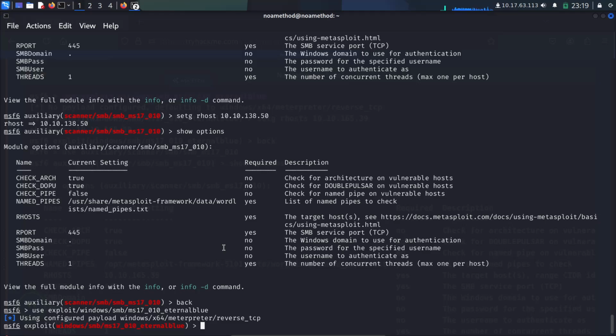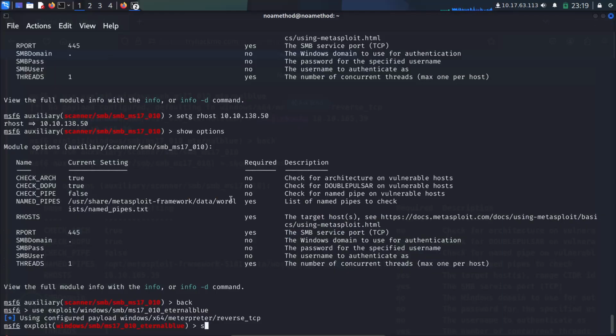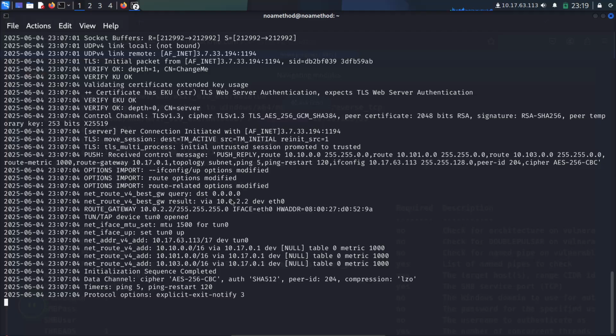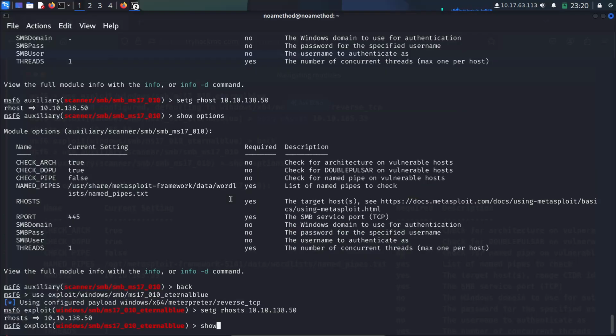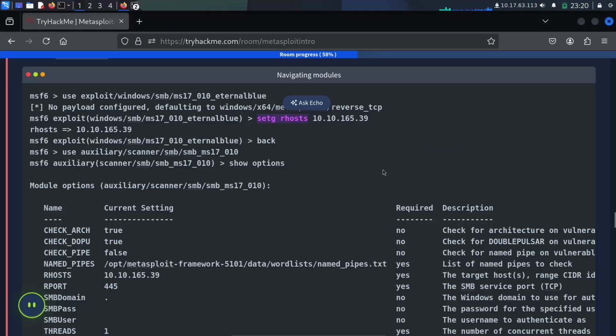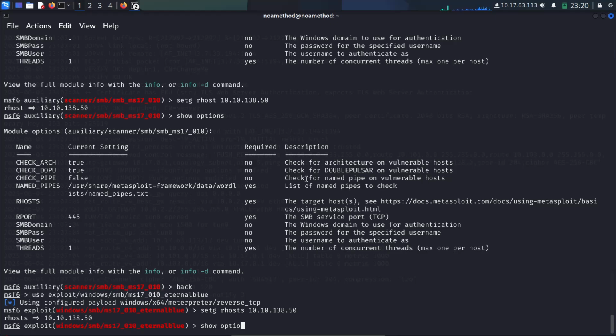Come back and then run, and then you can set RHOST. Then show options.